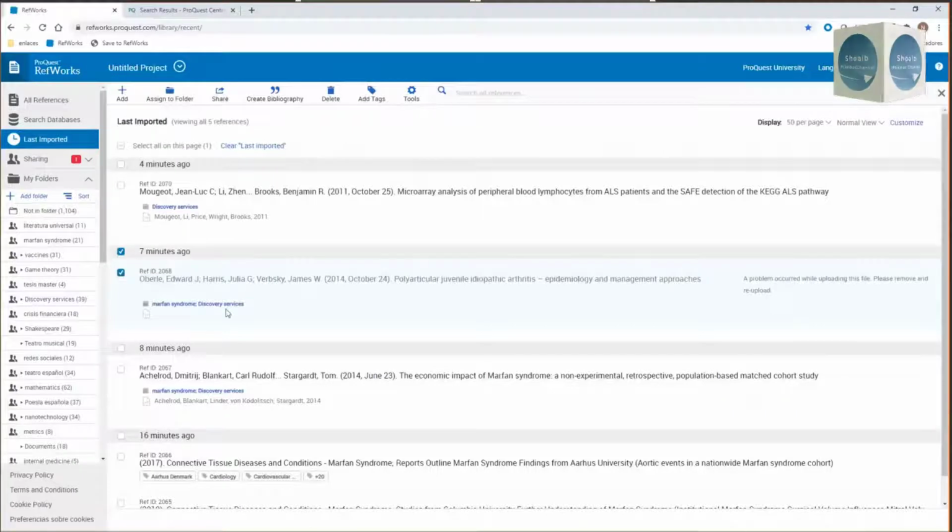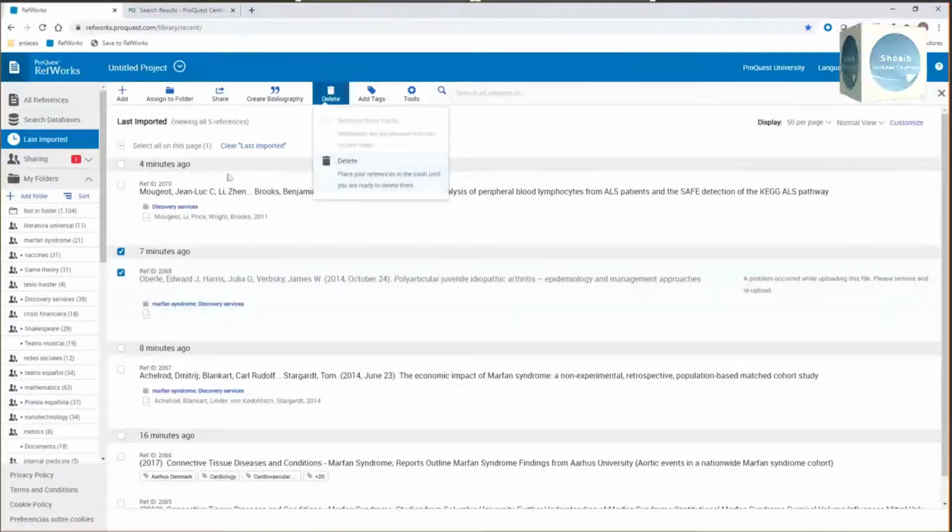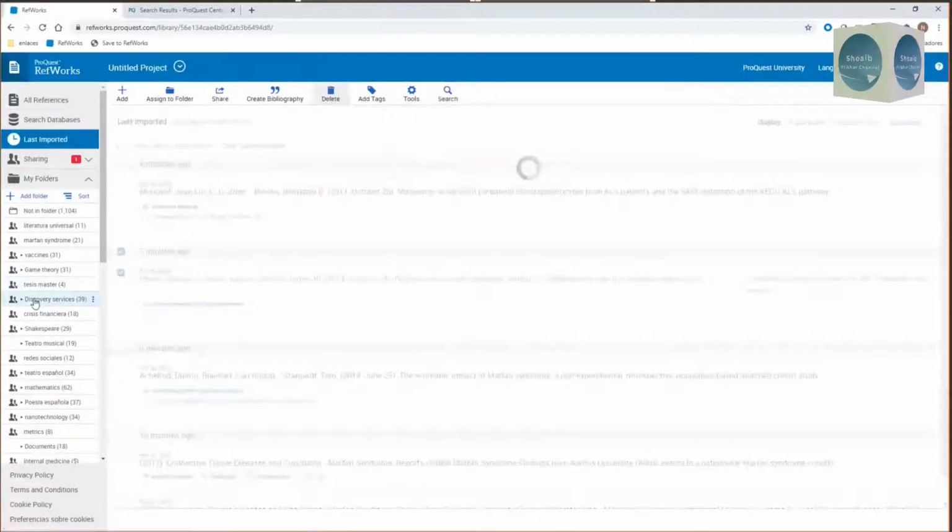I don't want it in discovery service. This is not about that. Well, the delete option has an option of removing it from the folder, but I can't do it from here because I'm not in a folder. When I'm going to discovery services, and then I see